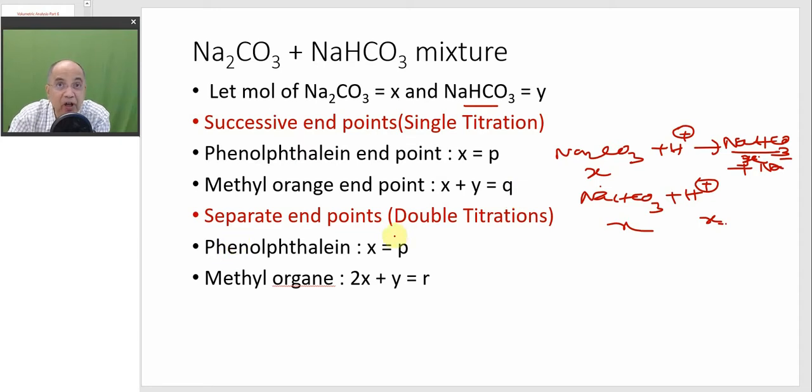And if you are performing double titration, in separate experiments, then the phenolphthalein endpoint will give you, as usual, the titer value, I mean P is equal to X, because sodium carbonate is not going to change, sodium bicarbonate is not going to change, and this sodium bicarbonate is also not going to change. So as usual, X is equal to P. But if you are having a separate experiment using methyl orange